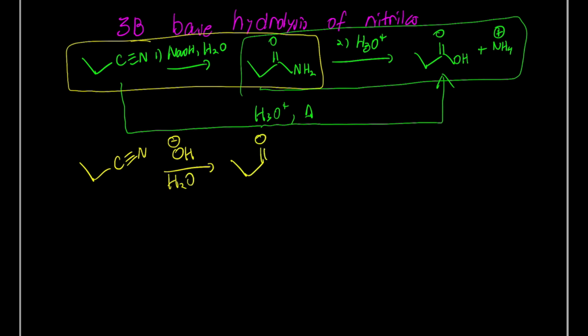What you'll form here is your primary amide. And let me just highlight the atoms here. We have an oxygen, and we have two hydrogens. That's basically water, okay? I know we're calling this a hydrolysis. We're not really breaking anything apart in this molecule. I like to think more of it as an addition reaction, but I'm going to call it base hydrolysis. So what you want to do is grab your hydroxide, attack the carbon of the nitrile,